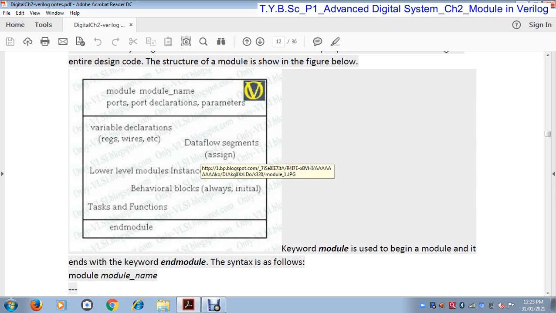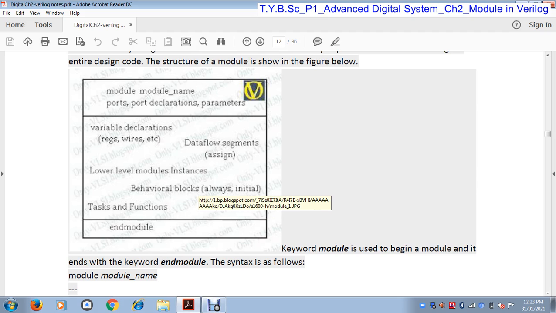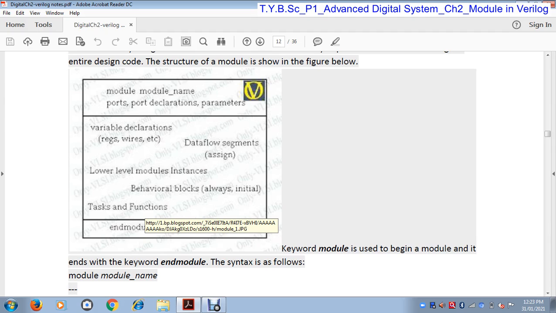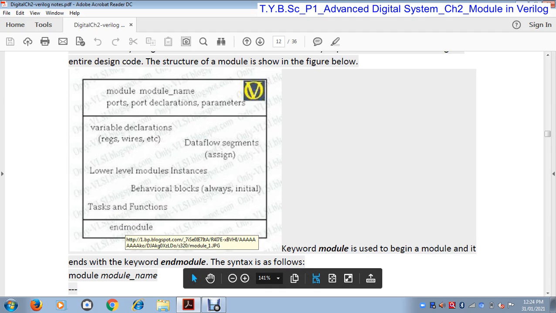Then the statements: the dataflow segment is nothing but equations or operations performed on the variables. Then low level module instances and the behavior block. Inside this behavior block you can add constructs like always, initial, task, and functions. So in this module body, you can define different types of functions.